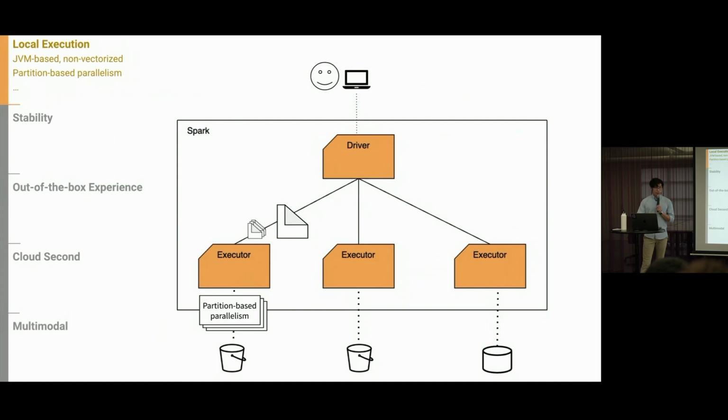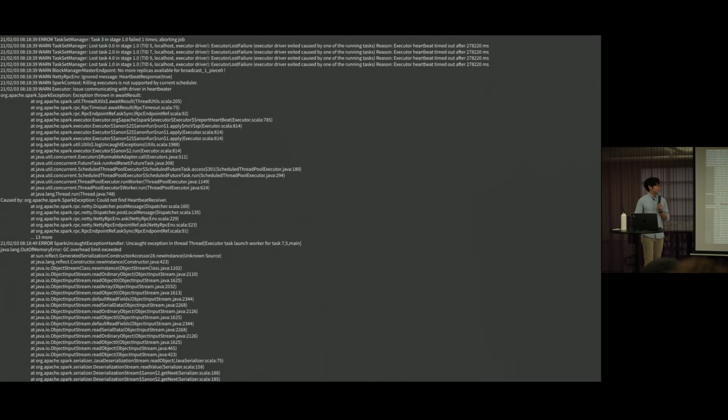Spark also relies on partition-based parallelism. This is pretty inflexible, and Spark requires a lot of adaptive tuning of queries because of this. And if you combine this with bad configurations, which are esoteric and have poor defaults, which is pretty common to Spark, you get stability issues. You combine this partition-based parallelism with bad configurations, and you get an